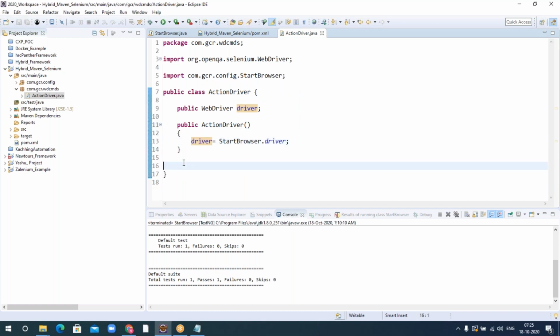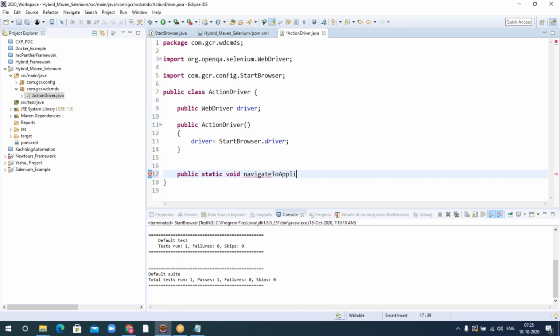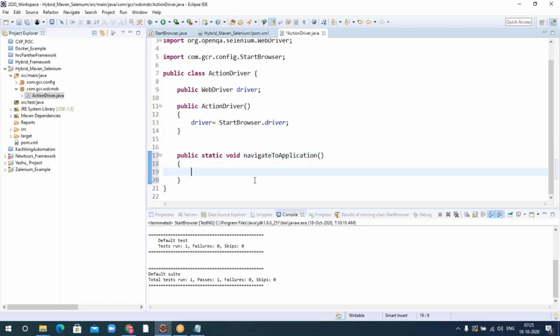The first command for us is driver.get, right? Because I have to open that URL. So I'll write public static void navigateToApplication. One more advantage with this framework and customizer commands is that even if you are not aware of Selenium, you should be able to write your code.